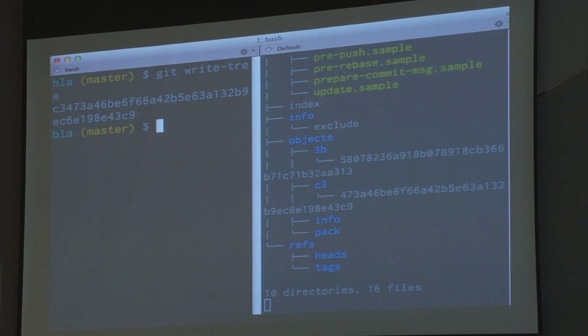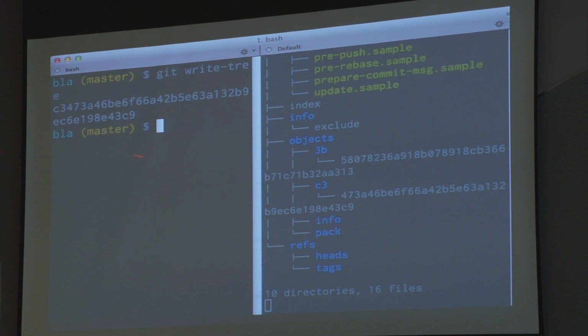Git gives us another SHA, C3473A. At the same time, it created a folder called C3 under the same objects directory and made a file with the name 473A blah, blah, blah.